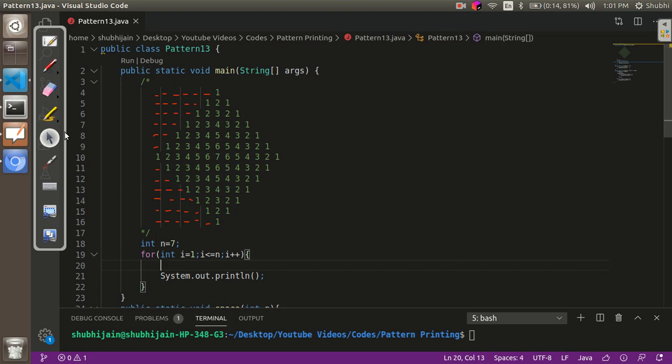So now let's first analyze the pattern. Over here we can see that this diamond has two parts. The topmost part has the numbers that are increasing, that is, the number of characters being printed in the first row is 1, in the second is 3, in the next is 5, and so on. And for the bottom half the numbers decrease.